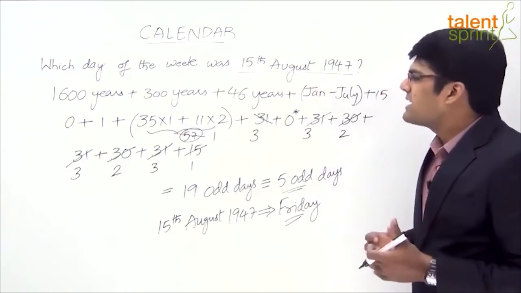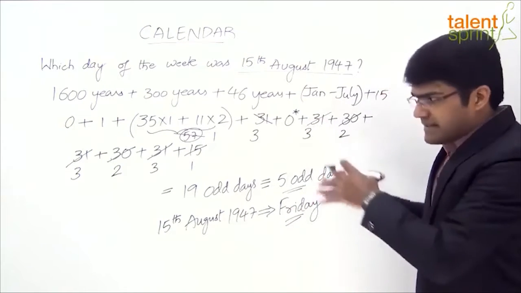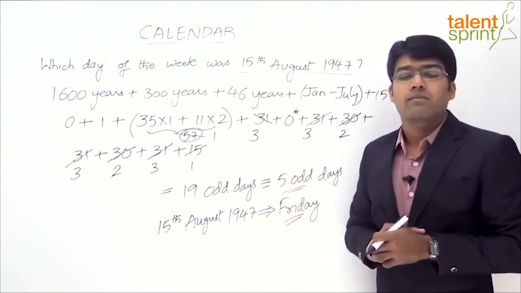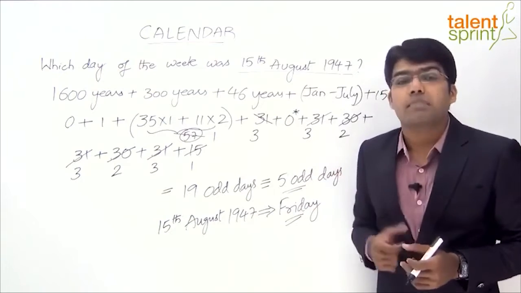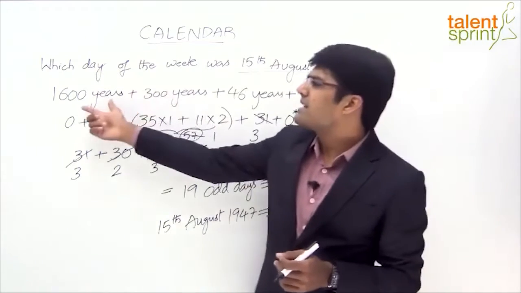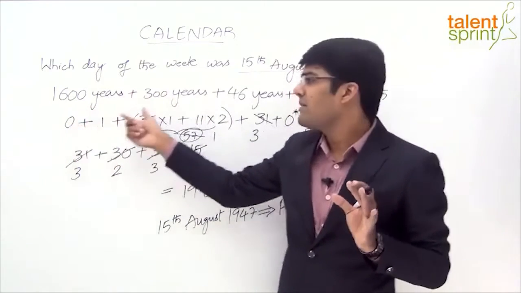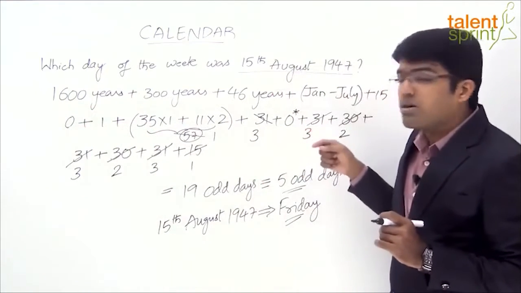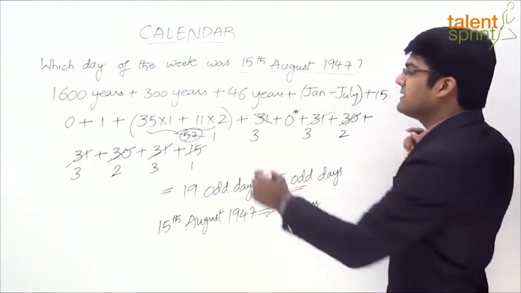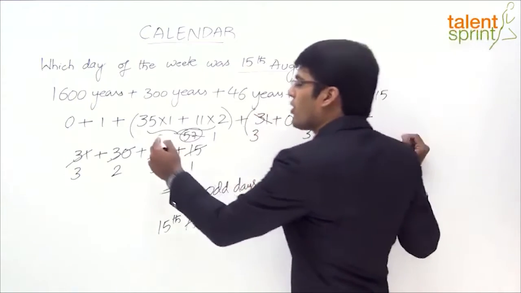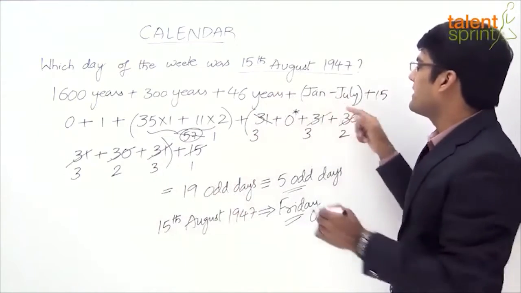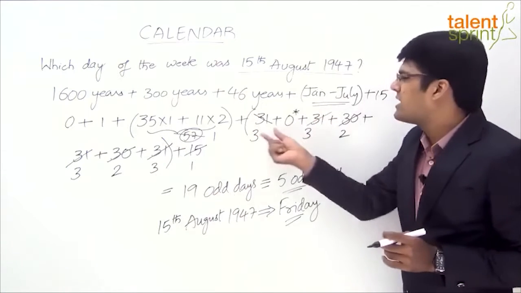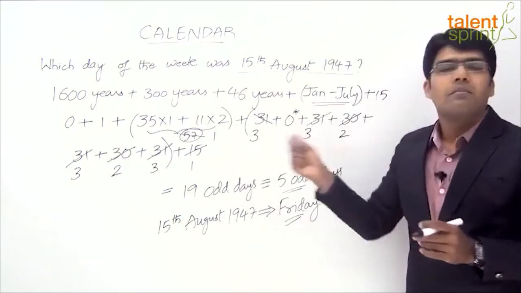But then I would say that this calculation is in detail, right? What we have understood is the detailed calculation in finding out the number of odd days. But this can be made much simpler. For example, we have taken 1600 so that we get 0 odd days directly. Then we have taken 300, we have directly taken as 1 odd day. The one thing which eats up a lot of time in this calculation is the number of odd days for all these months, January to July, right? So this part is actually a little time consuming to find out the number of odd days for each of these months and so on.